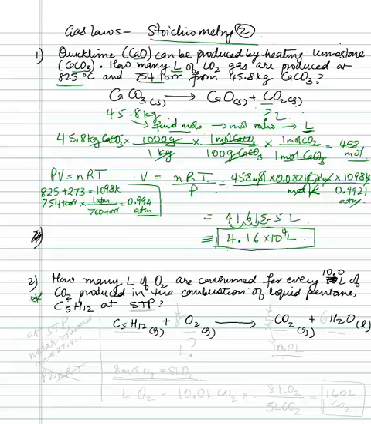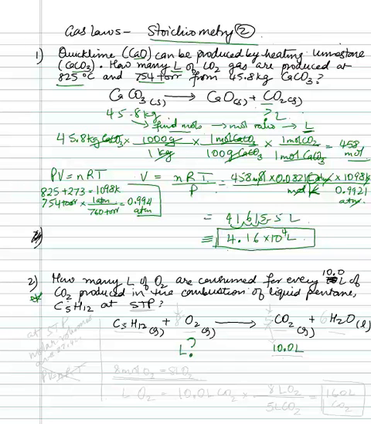Now I'm going to take another, different kind of problem, which is all dealing with volumes. In here, everything is in gas phase also. In the previous problem, we had some which were solid and then some which were in gas phase. But let's read this problem first. How many liters of oxygen are consumed for every 10 liters of carbon dioxide produced